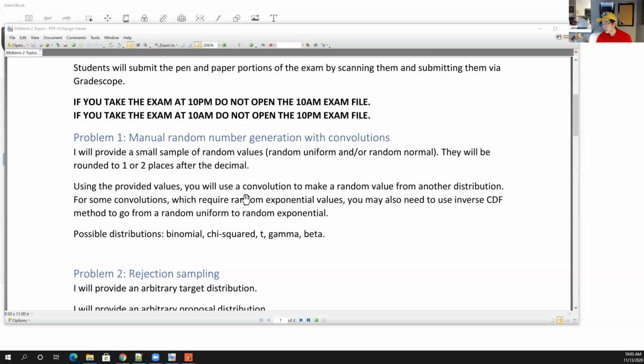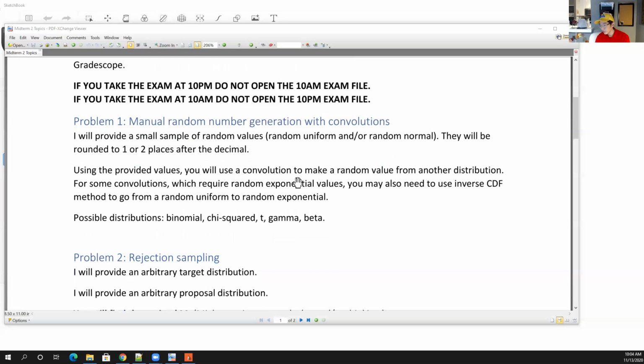So you'll apply some kind of convolution. Some of the convolutions might require exponential values, and you'll have to use inverse CDF to do that. And then, with that, you should be able to produce values from either binomial, chi-squared, T, gamma, or beta distributions,